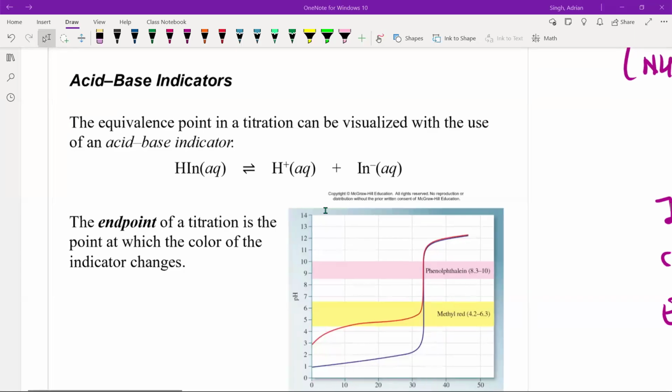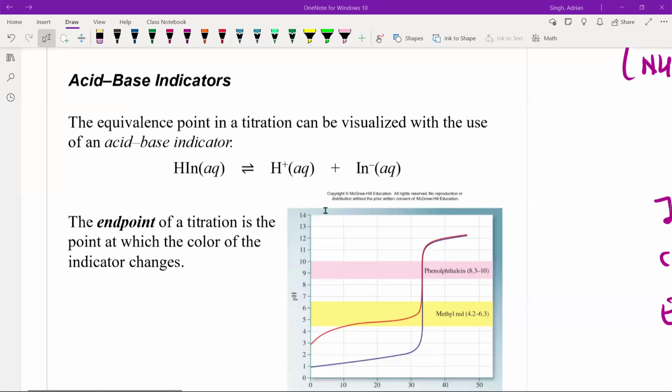So titrations, whether they're strong acid, strong base, weak acid, strong base, or weak base, strong acid titrations, can be monitored using pH meters that actually give you the pH of the solution. There are also other compounds called indicators, acid-base indicators, that perform a similar function. They actually tell you, based on their colors, whether we've reached the endpoint or the equivalence point